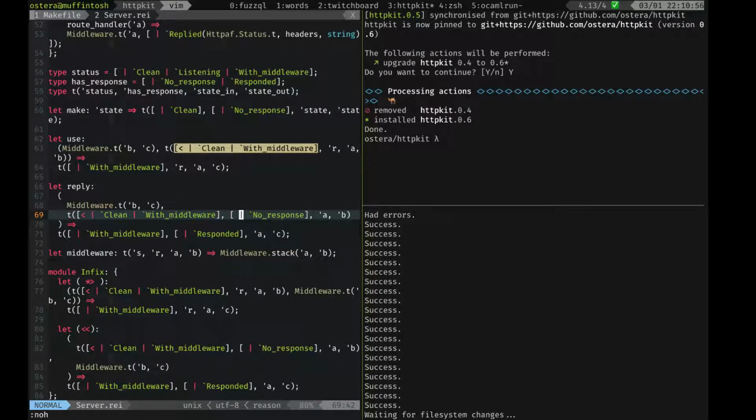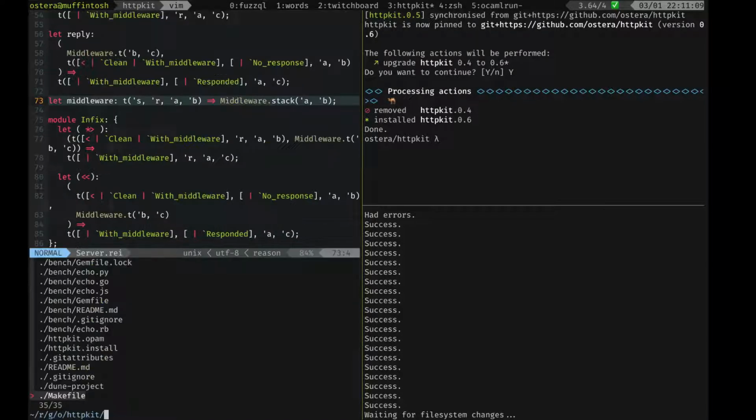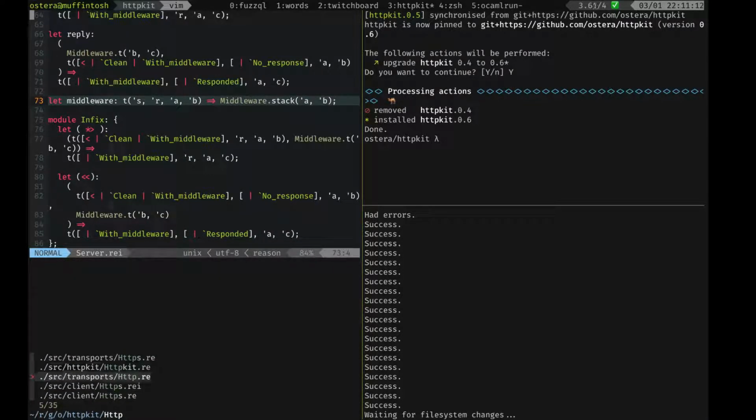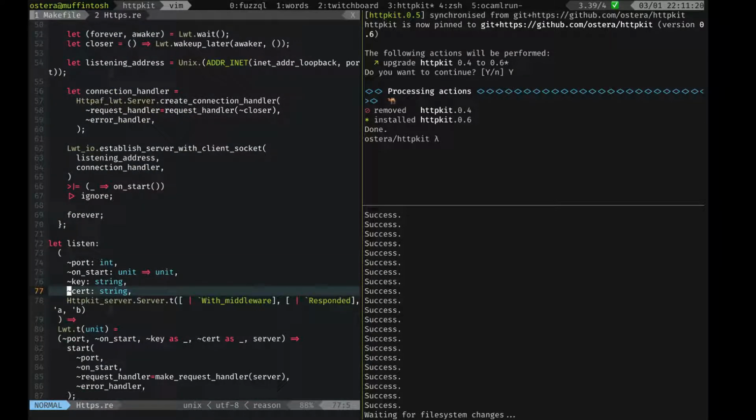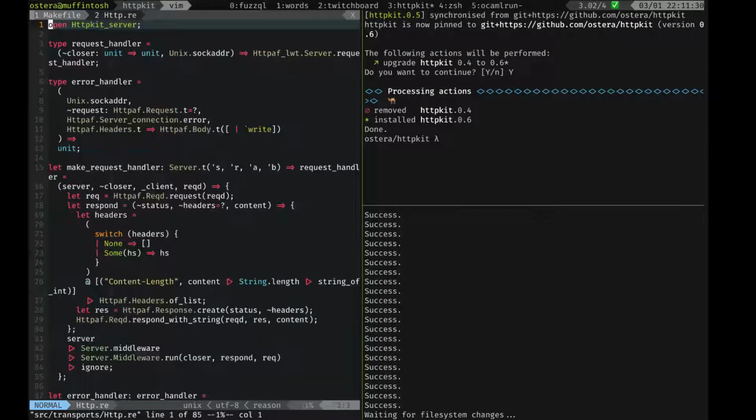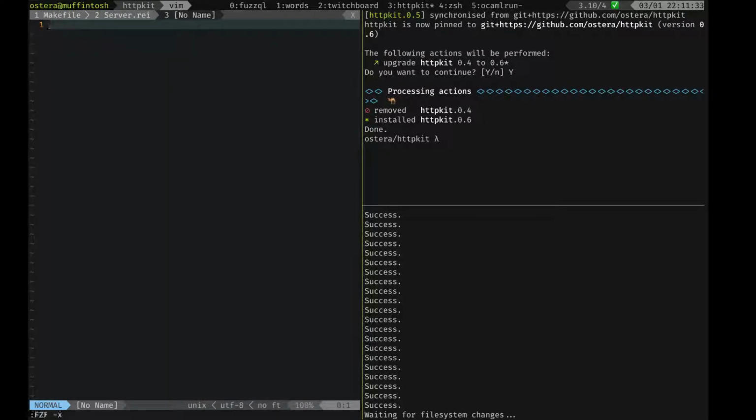essentially a server that has responded, and of course responding acts as a middleware. So if you have a clean server, then it becomes a server with a middleware. But then the part that does the actual listening in the transports, right? Where's the transports? Listen. Right. This thing requires a server that has middleware and has already responded, which means you can only start listening on a server that has called the other two functions, which is very, very handy, because you can build something